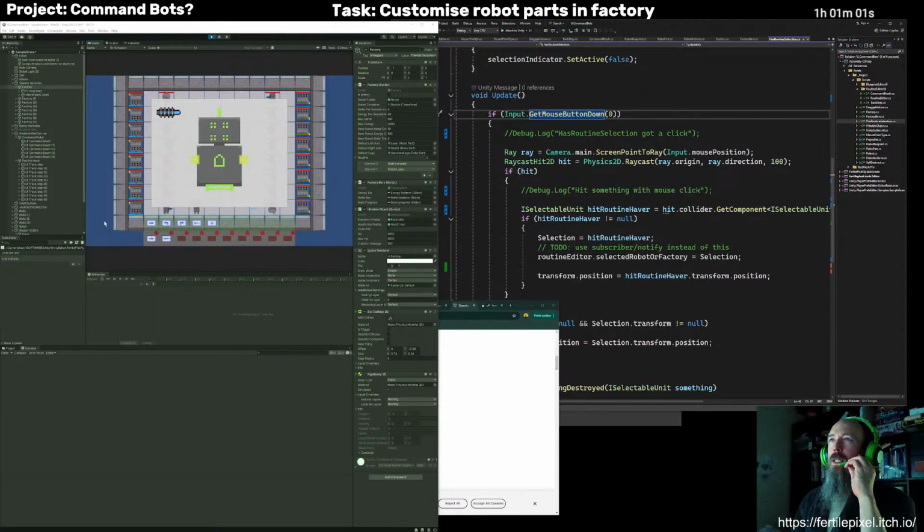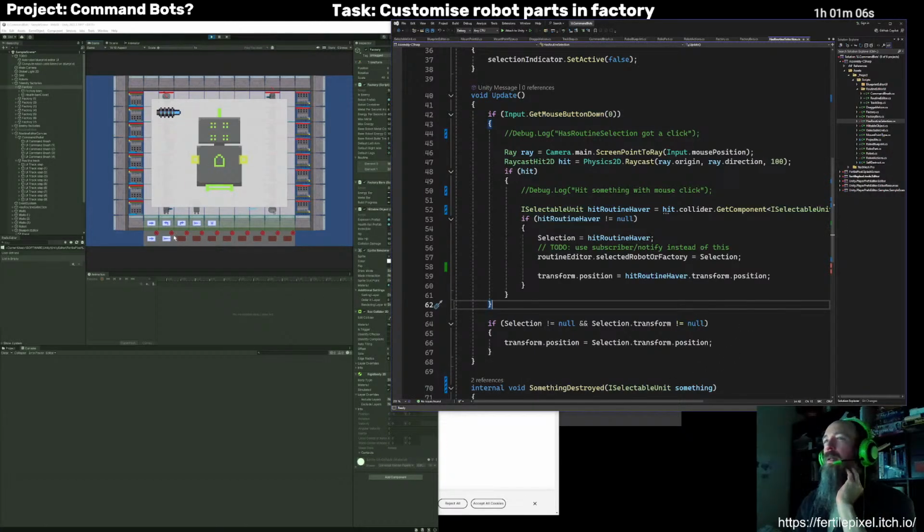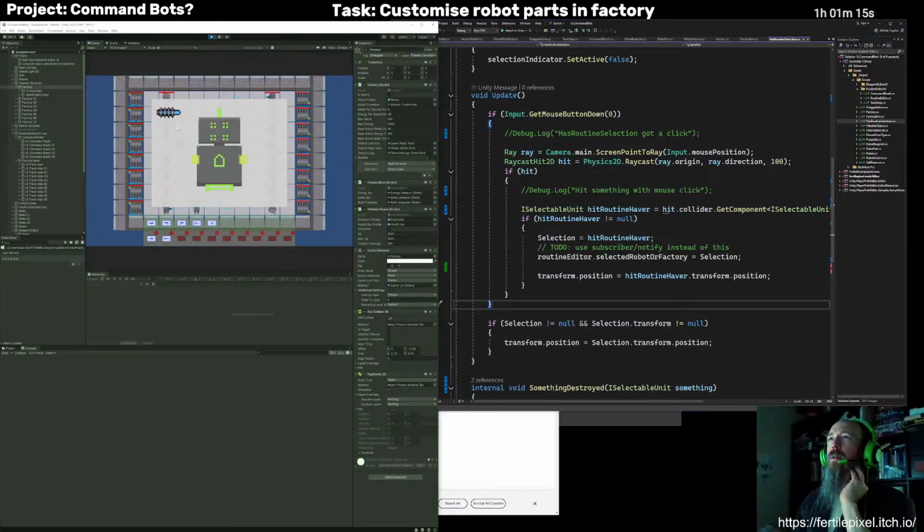I've basically just been continuing with this and debugging stuff and cleaning up code a bit. And right now I'm just debugging a thing whereby I can select this, but then, yeah, that seems to have fixed it. So the problem was the click on this panel was able to click the robot behind it.